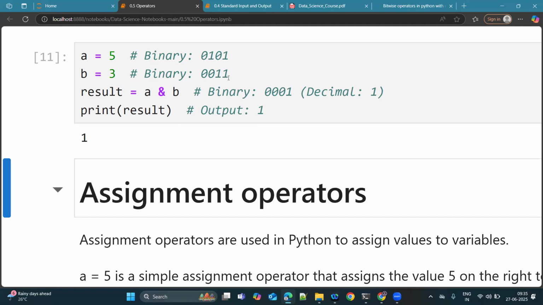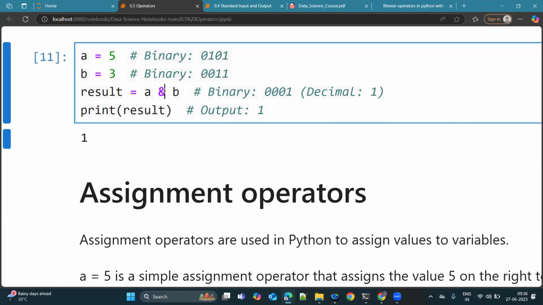But 1 and 1 is satisfying the condition, giving the value as 1. In such a way we are getting the binary output of the AND of A and B as 0, 0, 1. As per the binary format, only the last one is present, so the output is 1. Similarly, if you do the OR operation,